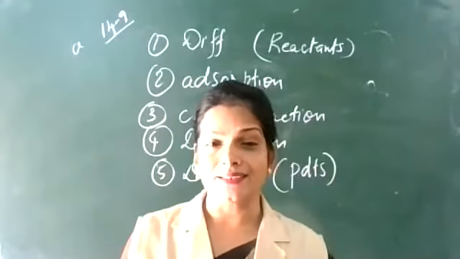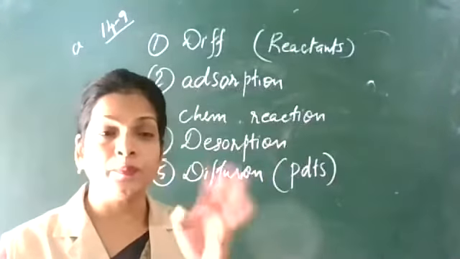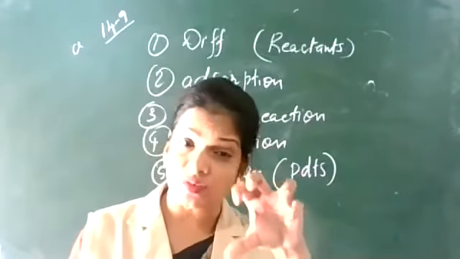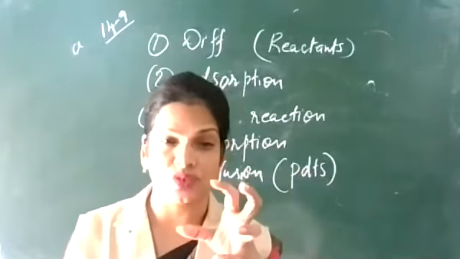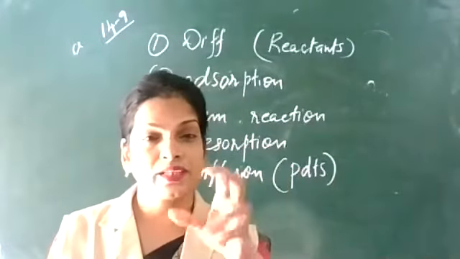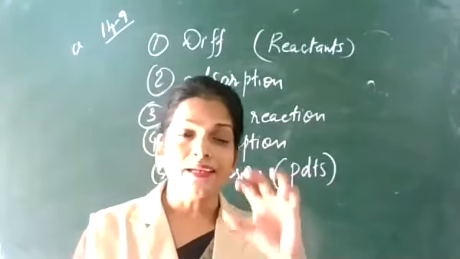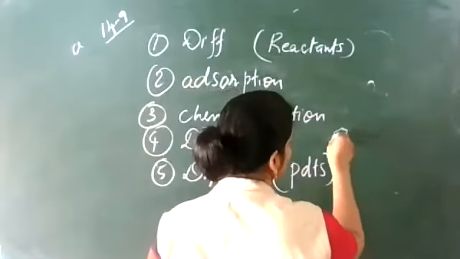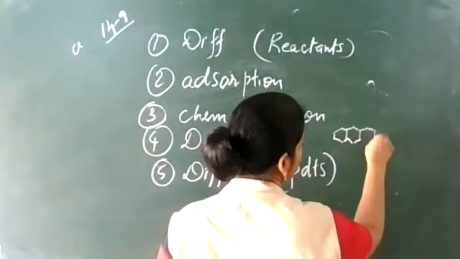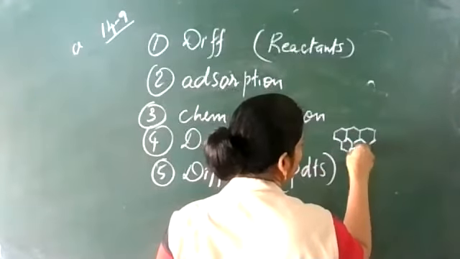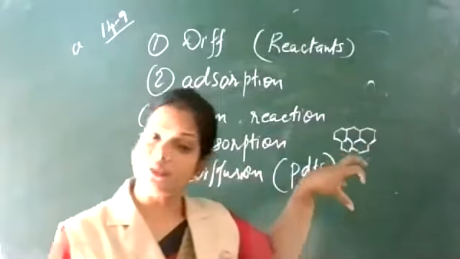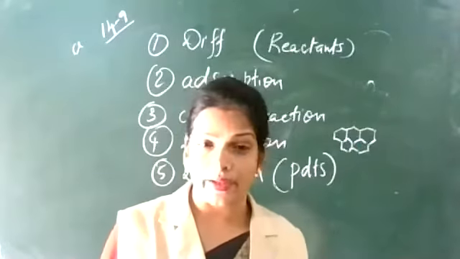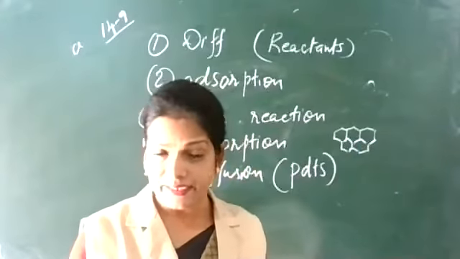So these are catalytic reactions that depend upon the size and shape of the pore structure. It's just like a honeycomb pore structure. Inside those holes, the reaction takes place. So a catalytic reaction that depends upon the pore structure of the catalyst and the size and shape of the reactants and products is called shape selective catalysis.